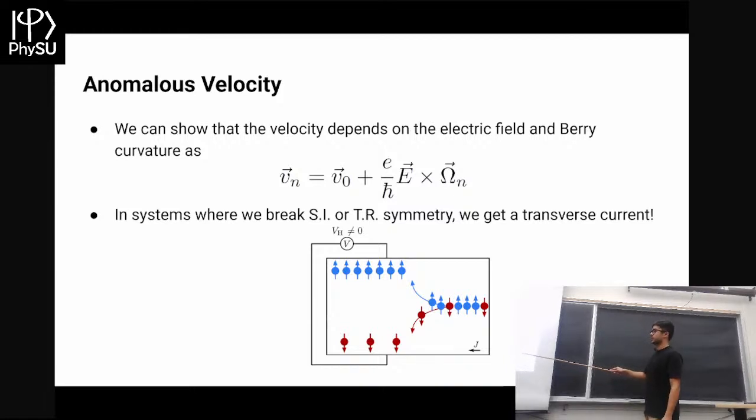You have a current, which has a bunch of random electrons. We can't really control this. Some are up, some are down, but depending on whether you have Berry curvature or not, some of them go up, some of them go down. And it turns out that if you have an uneven amount of up or down spins, you'll get an uneven amount of charges on either side, and then you'll generate this Hall voltage again.